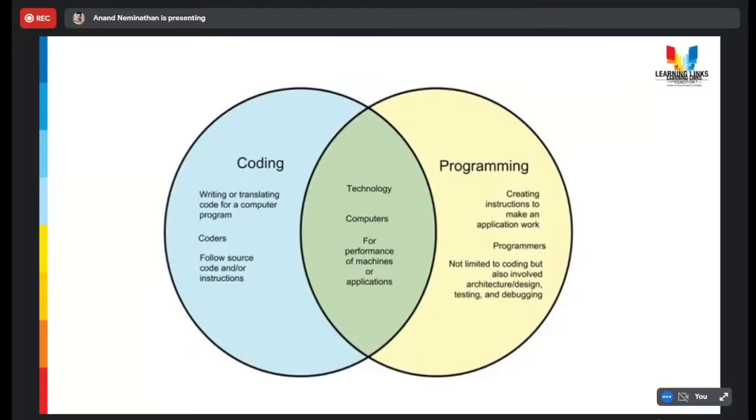So programming understands that instruction and performs the task so that they will get the desired output. Coding acts as a translator, translating human language to machine language. And programming is like an application. With programming you can make an application, and in that application, based on the instructions you give,